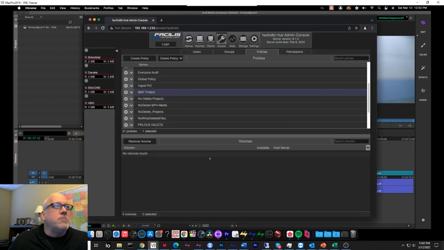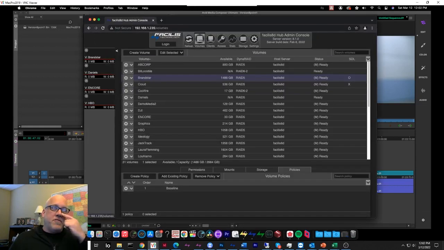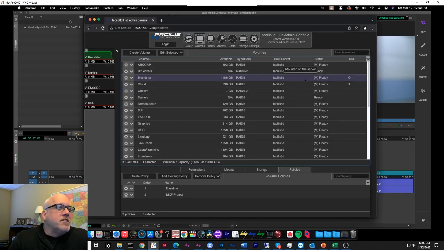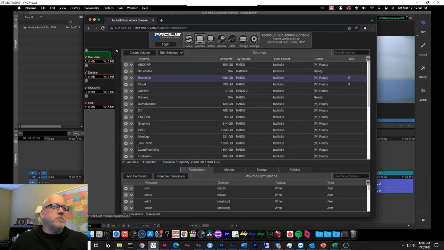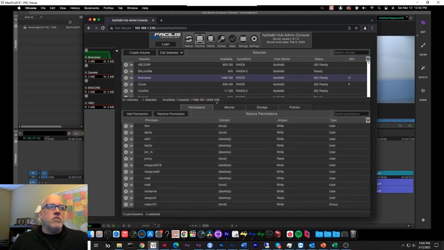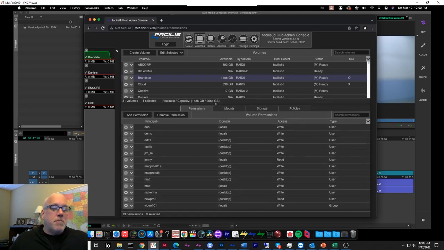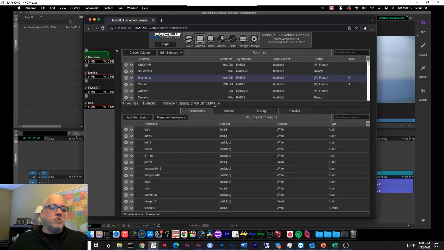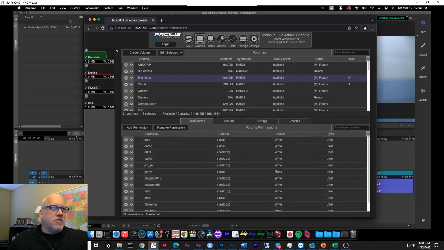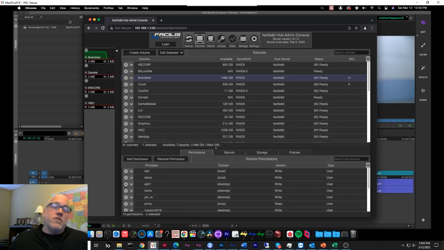So let's go into my admin web interface here on the Mac. This BrandStar volume contains two policies. It also contains a bunch of permissions. As you can see, the permissions are local and desktop users. A local user is a member of the local user list. A desktop user is just how you're logging into the OS on the desktop. There are two different ways to permission people that way, besides, of course, Active Directory, Open Directory, LDAP and things like that. But these are the normal permissions that I have to mount the volume in the first place